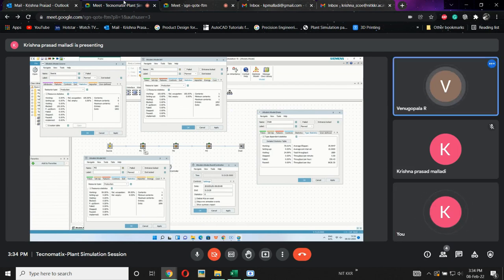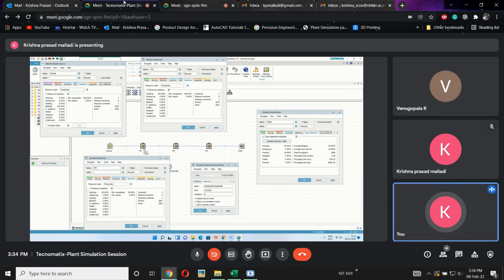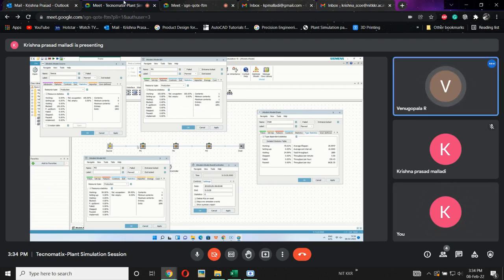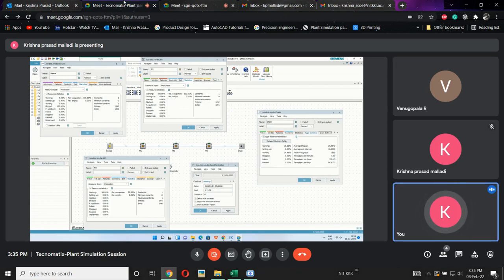Whether the part was processed or not, that doesn't matter here. Whether the part has entered it, that means the throughput is increased. Total number of parts will be processed in that particular machine. If only one part, the first part, has entered this machine M1, then I'll say throughput as 1. If the second part has entered that machine, then I'll call it throughput 2. That is what throughput is.